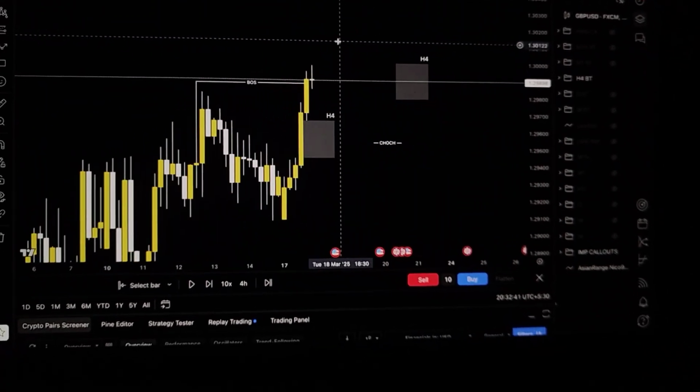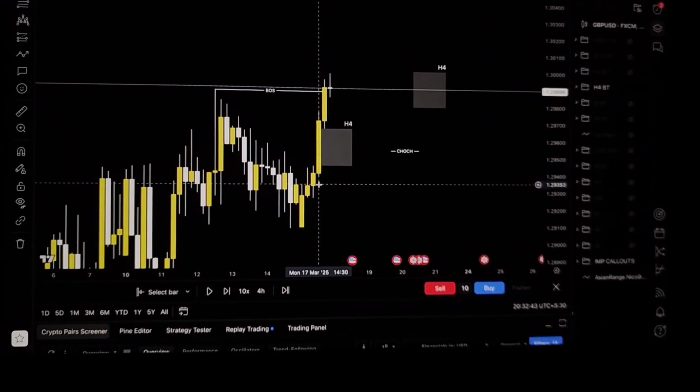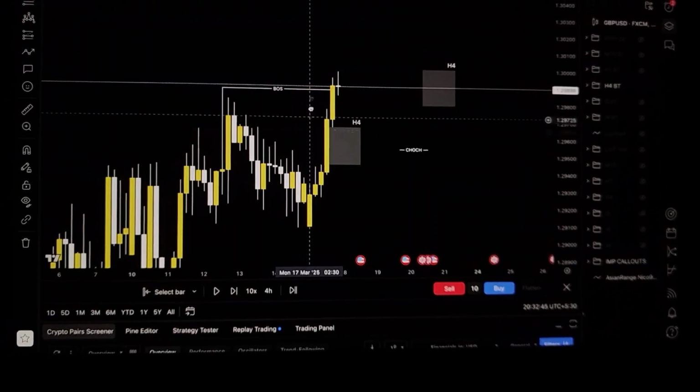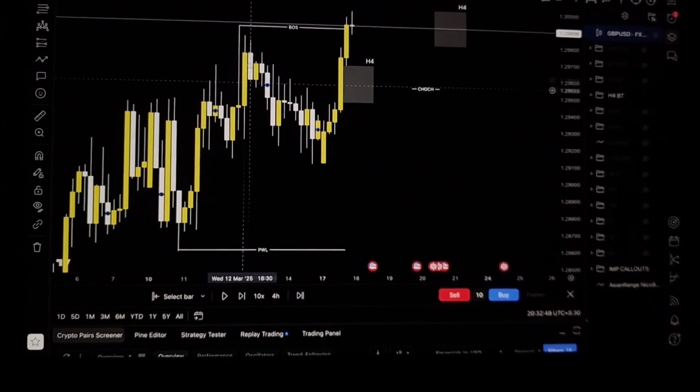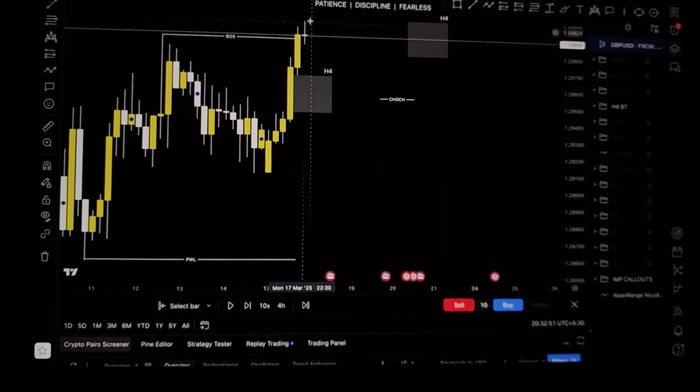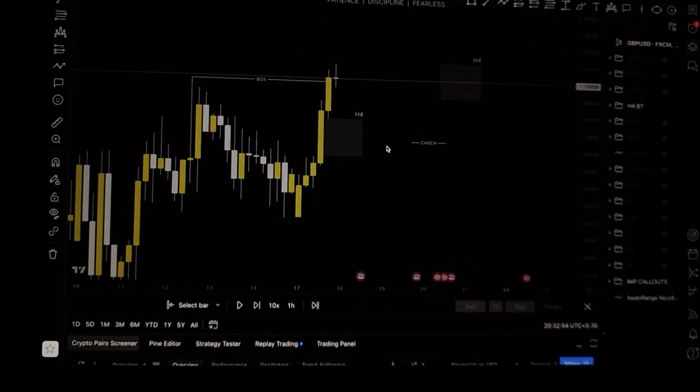it is equal to EURUSD not sweeping the previous weekly high. So now on GBPUSD, we can clearly see the break of structure happen to the upside, because the price was already trading between this bullish solidified range from this low to this high, higher low, higher high. So now it is broken structure to the upside. There is the H4 fair value gap.